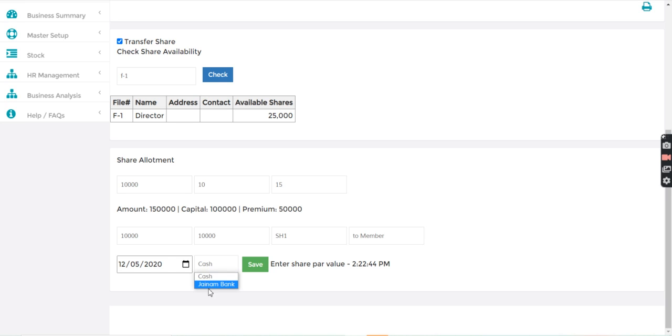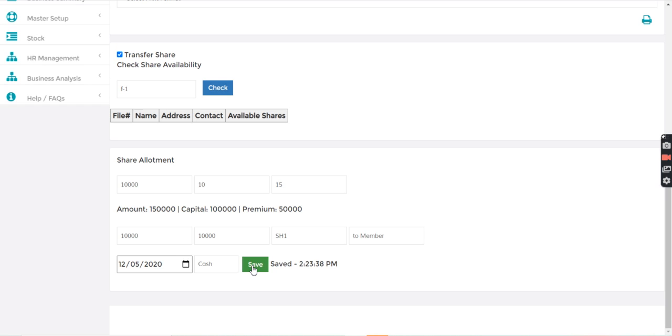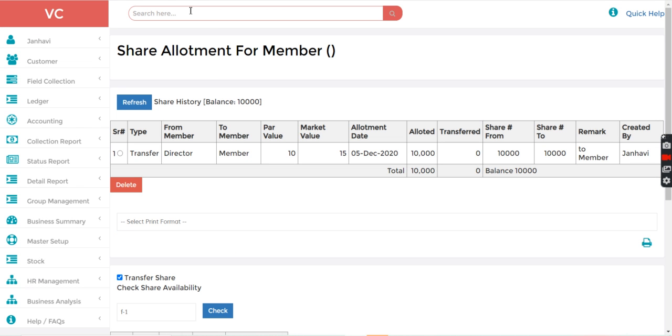Now here I will select cash and just save. So I have saved. Now let's go and search F-1.